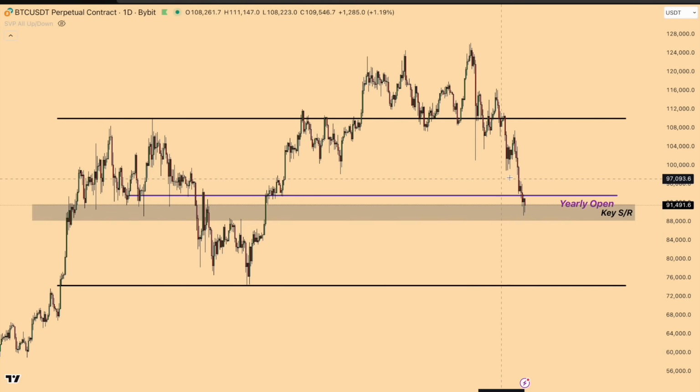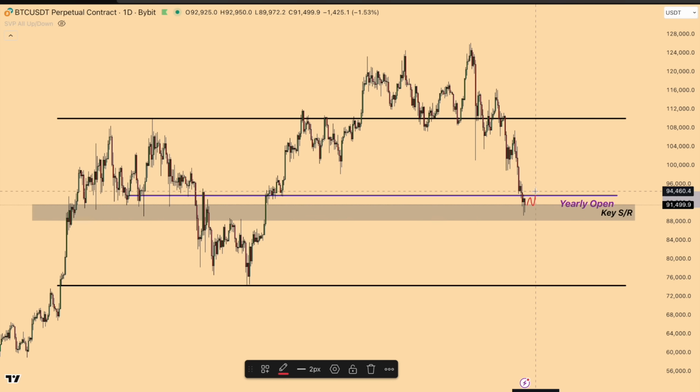Even from potentially a short-term perspective, if we were to get some sort of bullish reaction here, which I think we potentially will put in some sort of local bottom in this area, that's not to say that we won't come back up and get again a bearish retest for the next leg down. But I do think we will get some sort of bullish reaction here, fingers crossed,